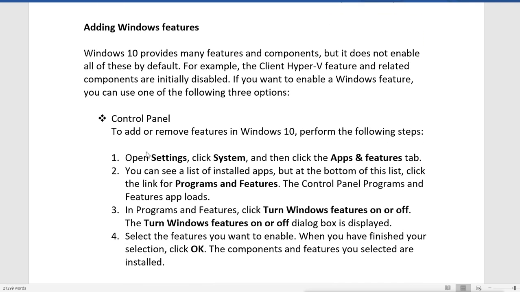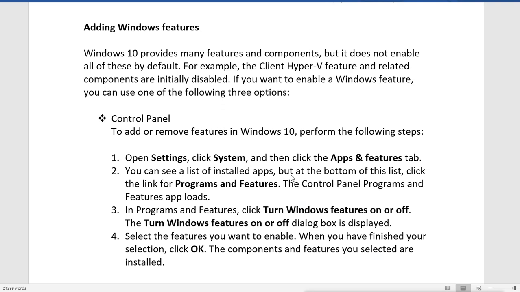To add or remove a Windows feature in Windows 10 from the control panel, first you have to open Settings, click System, and then click the Apps and features tab, and then you can see the list of installed apps.